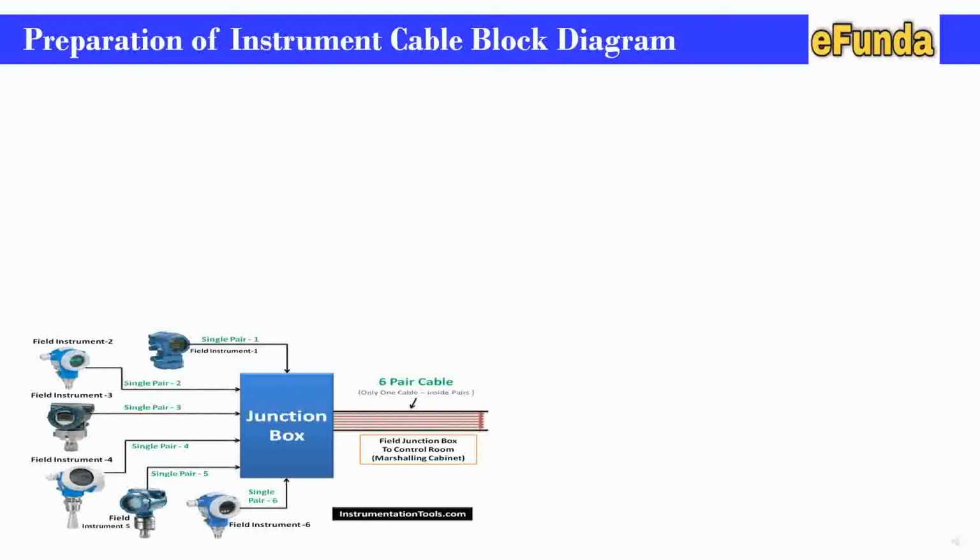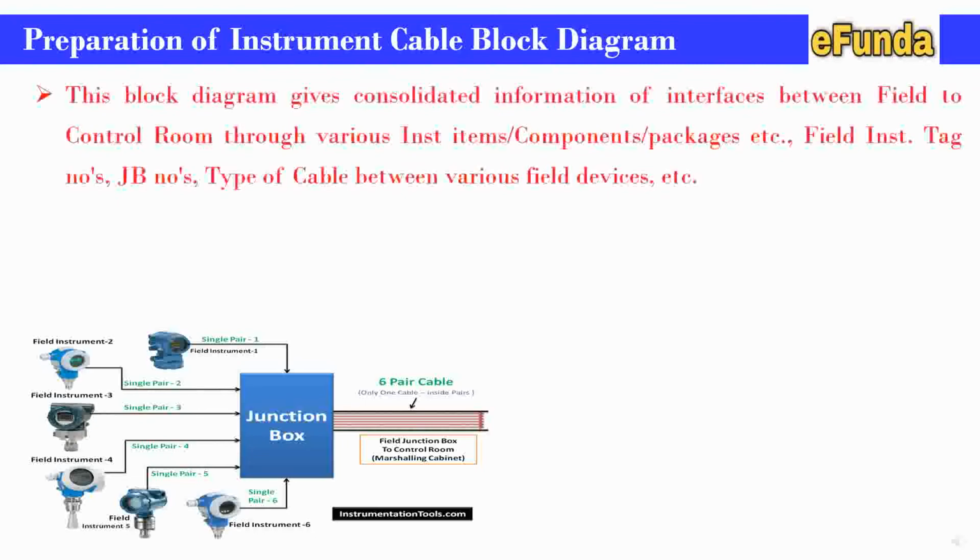inside the control room. This is how the information is depicted on the instrument cable block diagram, and this block diagram gives consolidated information of interfaces between field to control room through various instrument items, components, packages, etc. Field instrument tag number, JB number, type of cable number, various field devices, etc. are shown on the